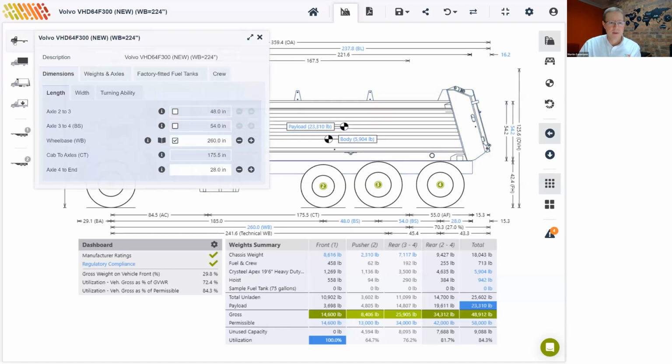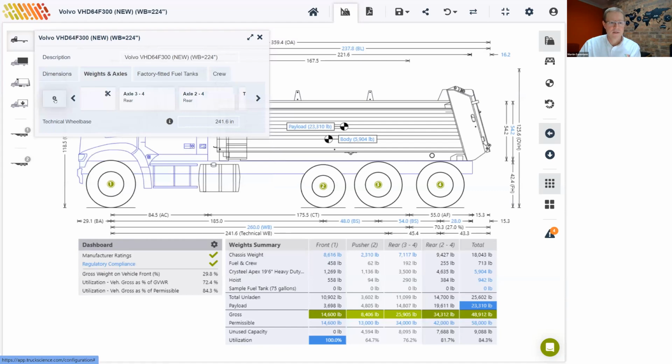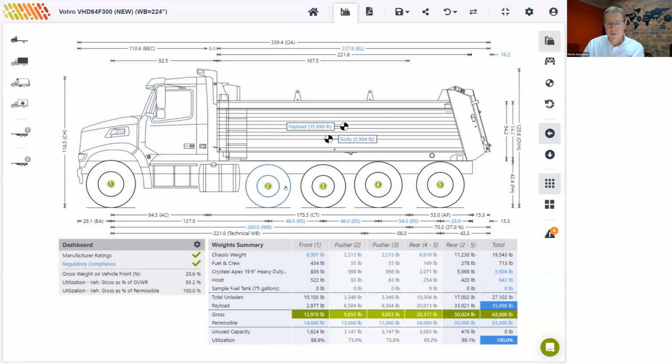So I'll go back to the vehicle menu, weights and axles, add that pusher. Okay, the second pusher will assume the same default values as the first pusher. So it'll also be a 13,000 pound axle, and the axle spacing will be 48 inches. You'll notice that the payload has now increased to 36,000 pounds. And that's because our overall bridge has increased by another 5,000 pounds from 58,000 to 63,000 when we added that